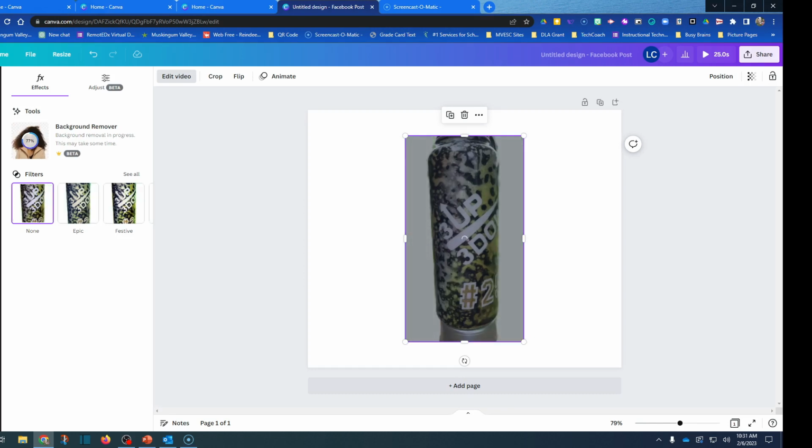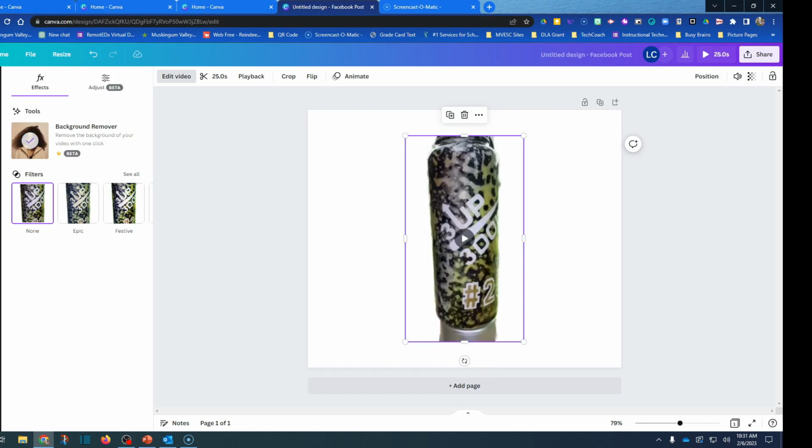But when it is finished, you're going to see a preview of what it will look like without the background in it. Now, it's not perfect, but it's pretty darn good for a free program. So once it is finished spinning here and I get to my maximum, you'll see a check mark over here on the left-hand side. It's ready to be viewed. I'm going to go up here, click the Start button, and we're going to see what it looks like.